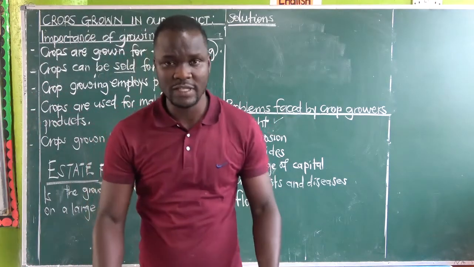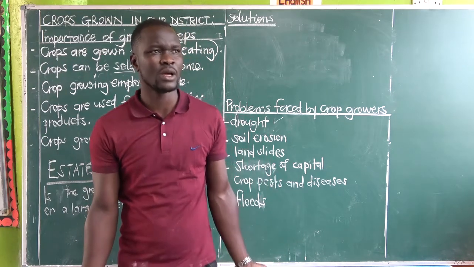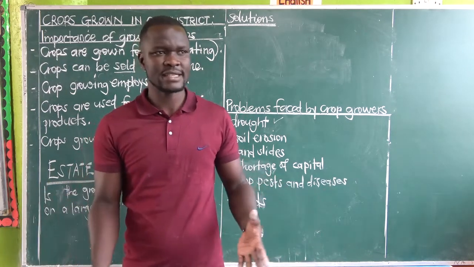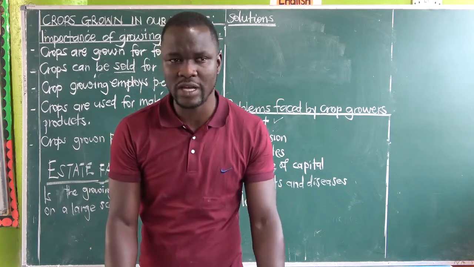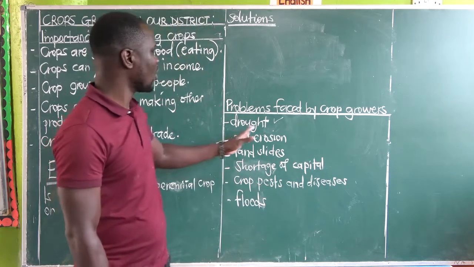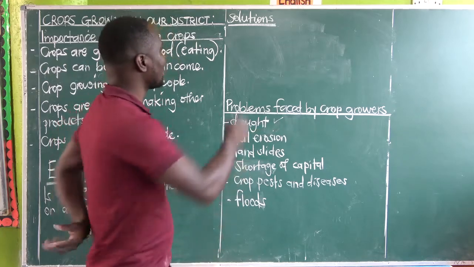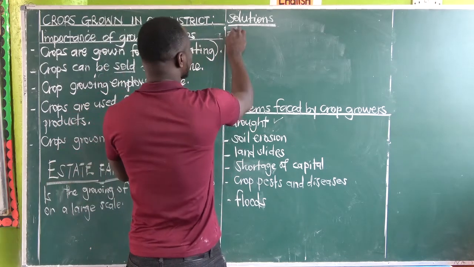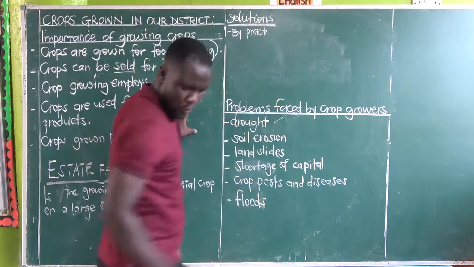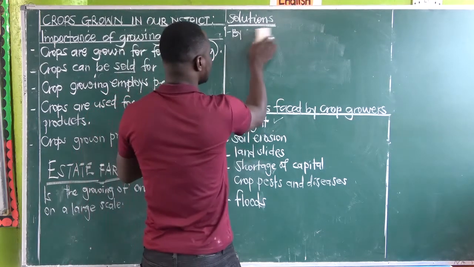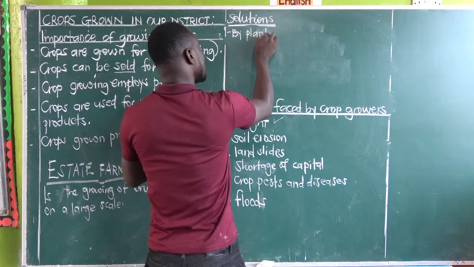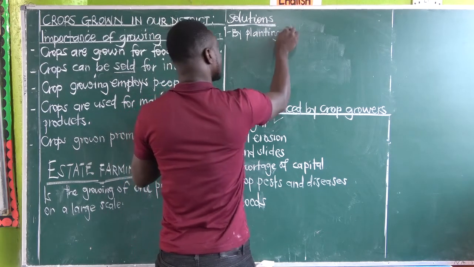Now, as a P4 child, you must be thinking, how can we handle a drought, too much sunshine, prolonged sunshine, where the sun shines for a longer time without it raining. So what should be done in such areas? Here now, people can practice what we call afforestation. Or if afforestation is difficult for us, we can simply say by planting trees in an area